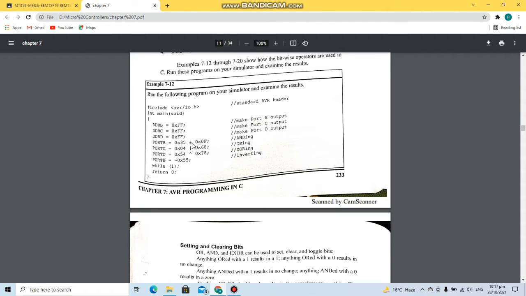So here an AND operation is done between these two hex values. What will be happening here is that 0x35 in binary will be 0011 0101, and when an AND operation is performed with 0x0f, which is 0000 1111,